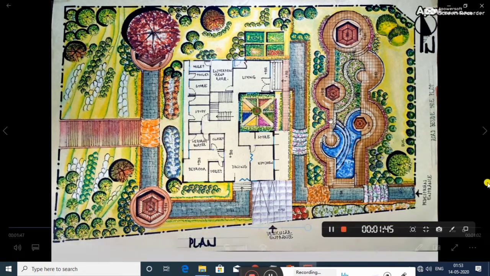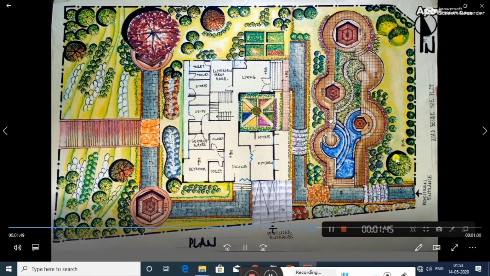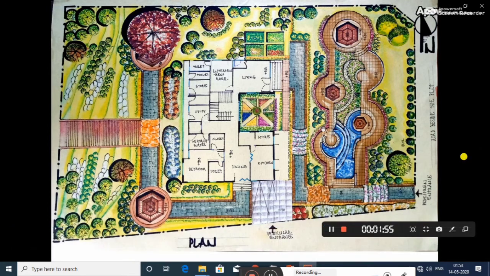Now here is the jhau trees. These all are jhau trees and these all are jhau trees as well. Here is the pinwheel flower trees and these are also the pinwheel flower trees, which are also like shrubs. Now coming to the trees, all these are frangipani trees, and here is the crepe jasmine trees just beside the pathway.